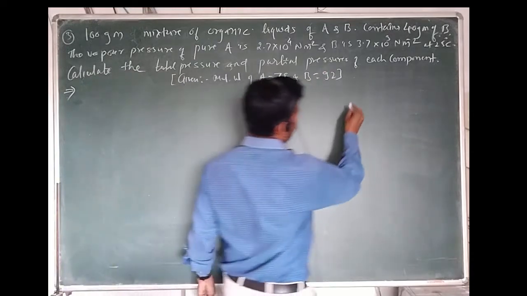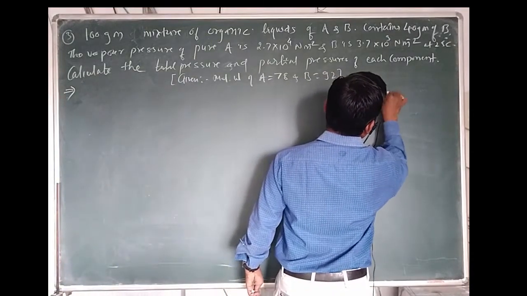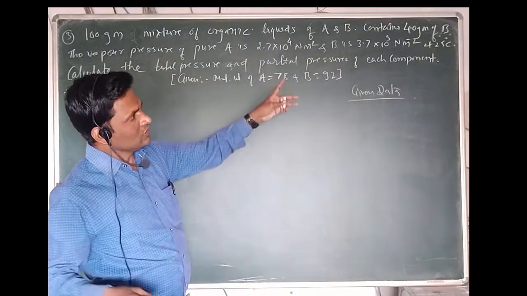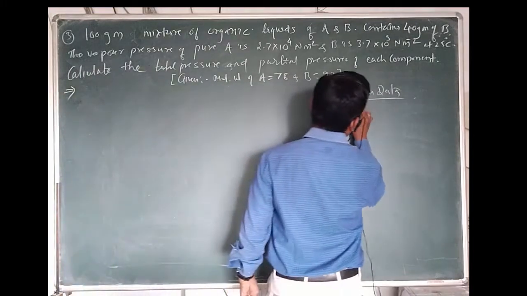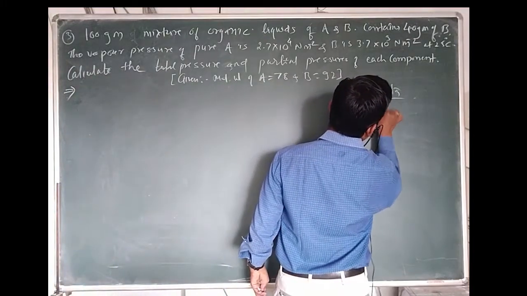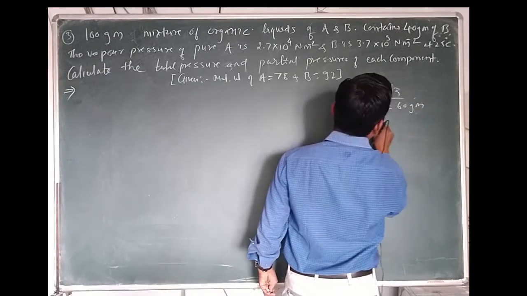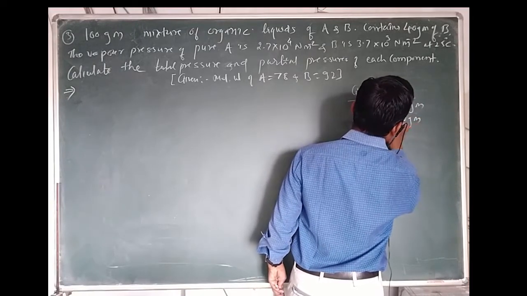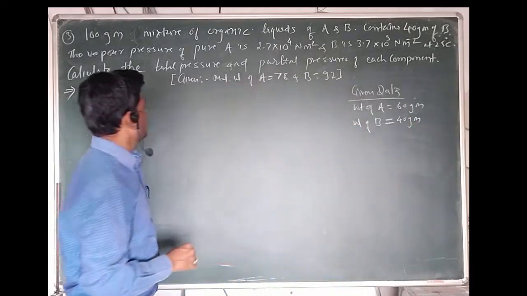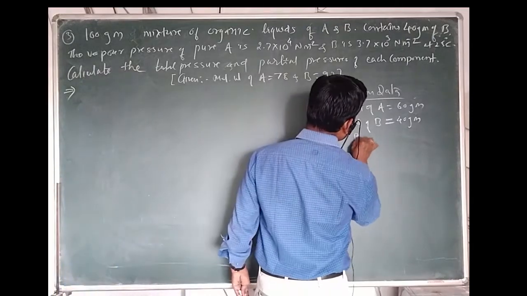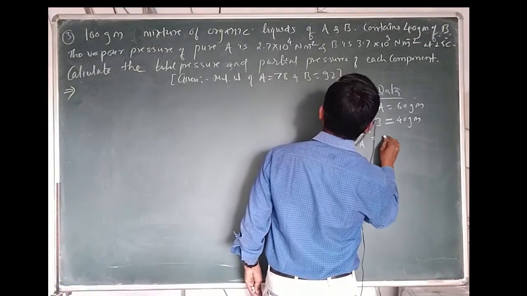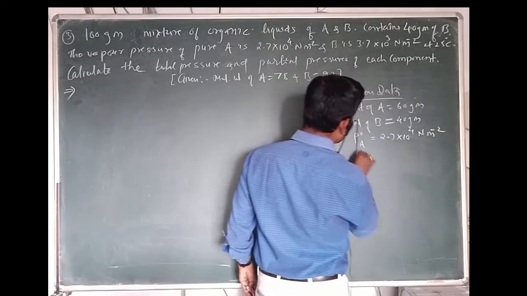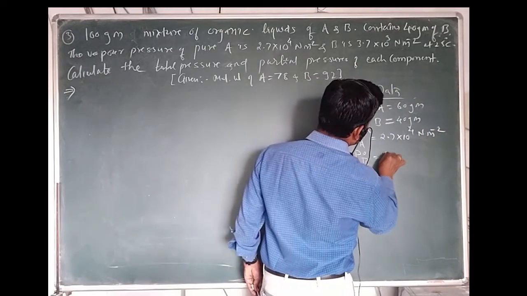Now let me write here the data. What is the given data from the problem? From this mixture of the two liquids A and B, which contains 40 gram of B, obviously weight of A equals 60 gram and weight of B equals 40 gram, which is given in the problem. The vapor pressures of the pure components are given: P0A equals 2.7 into 10 raised to 4 Newton per meter square, and P0B is 3.7